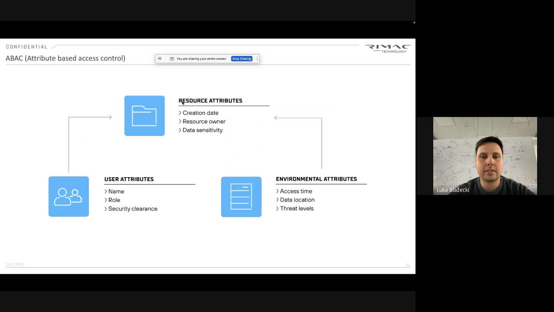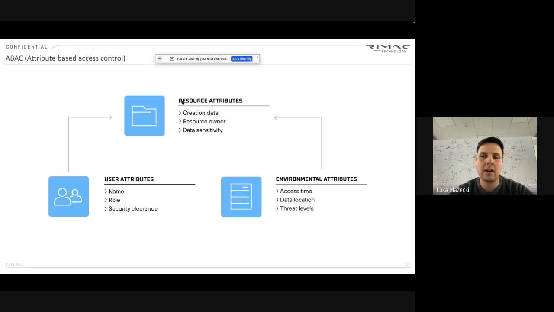And in this approach, we are adding attributes to users and to resources. Resources are basically items that we want to protect for a specific use case. In our use case, the most prominent resource is a vehicle. And then based on the attributes attached to the users and resources, in some cases also we can use environment